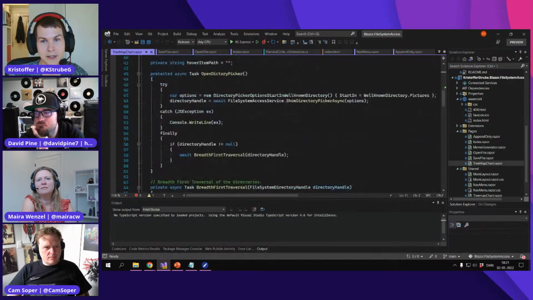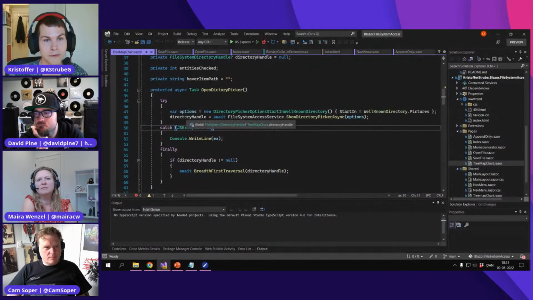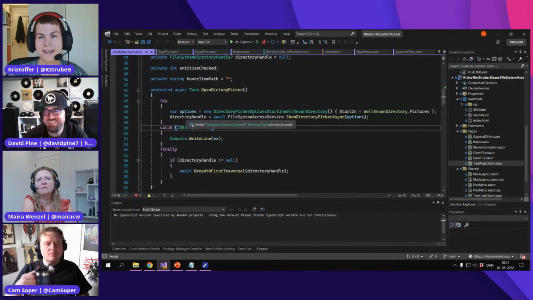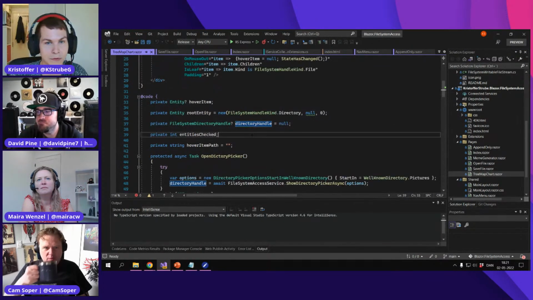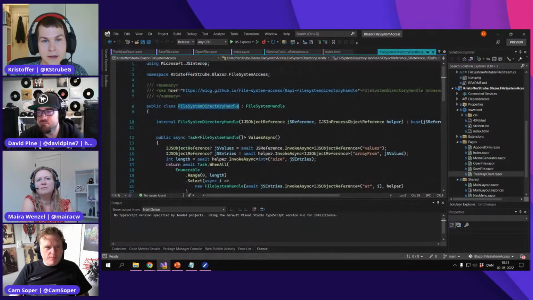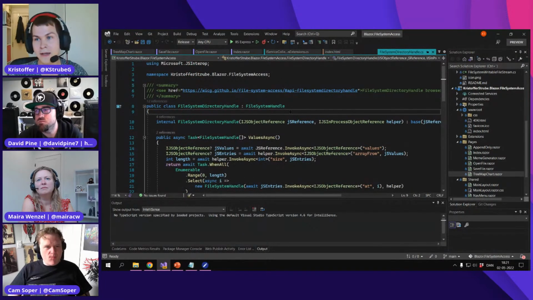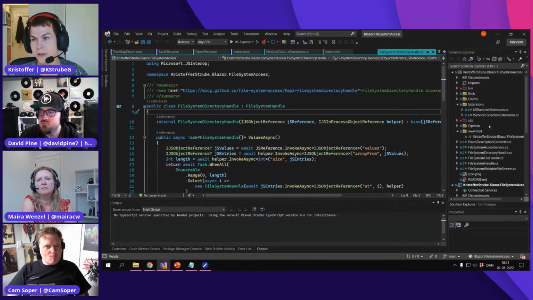So you ask actually what type is that? We can just hover over it. It's a file system directory handle, nullable. And if we F12 and then F12 again, we get into my project, which is up here, which is the actual wrapper,